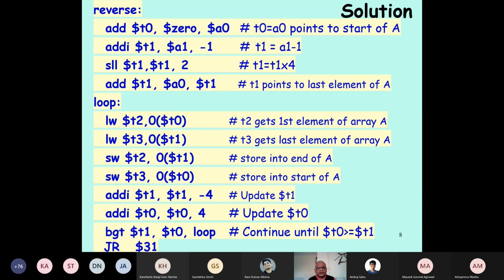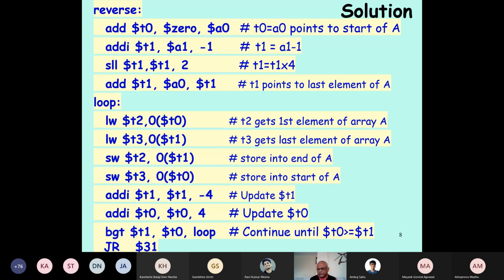So this is basically to find out how many bytes the last element differs from the first element. If the length is 10, then there are 9 elements beyond the first. Each element occupies 4, so we have 36. If the address of the first element is 100, then the last element will be at 136. Is it okay? Yes, sir. Okay. So Madhu, thank you for asking that question.